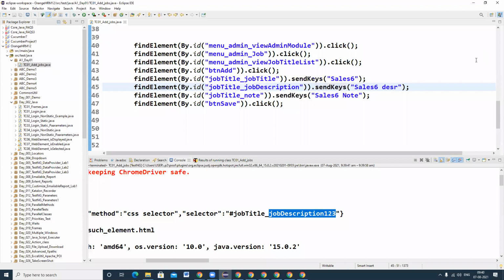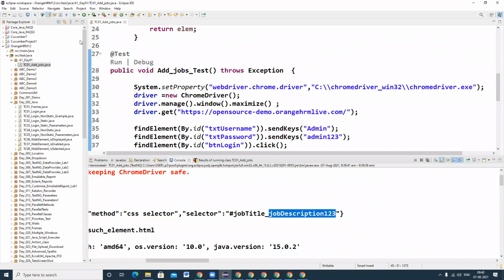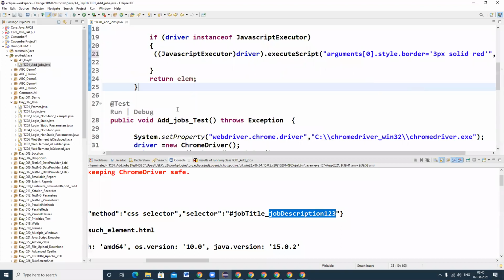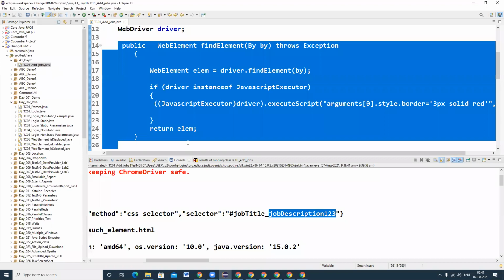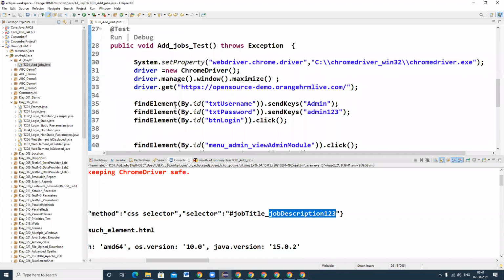So the purpose of this method, sir, do I need to remember this method? No, not at all required. Even people with 10 years of experience are not aware that this method is available in Selenium. Just simply copy this method and execute it, so that while executing your lines of code, you can easily understand.